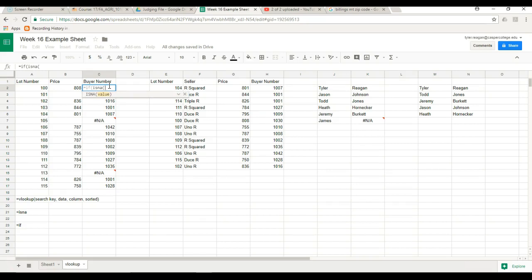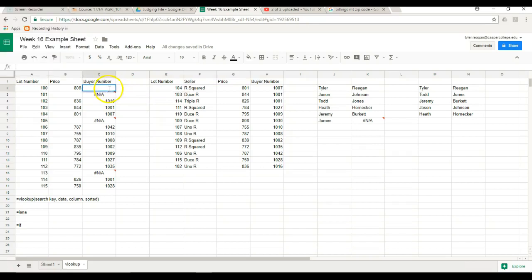So we're going to say if the following equation of VLOOKUP, open parenthesis, this search key, the range, remember we want to lock in that range, we want to tell it which column to pull from. In this case it's going to be 4. We're going to say false. If that equation right there produces an NA, then we want it to say,